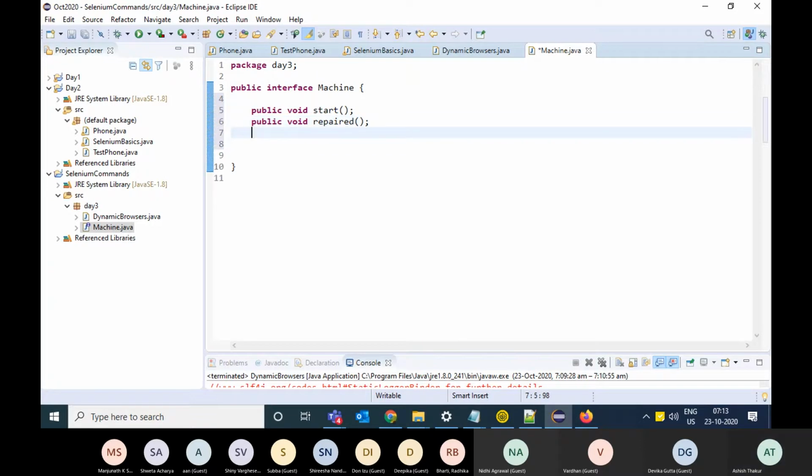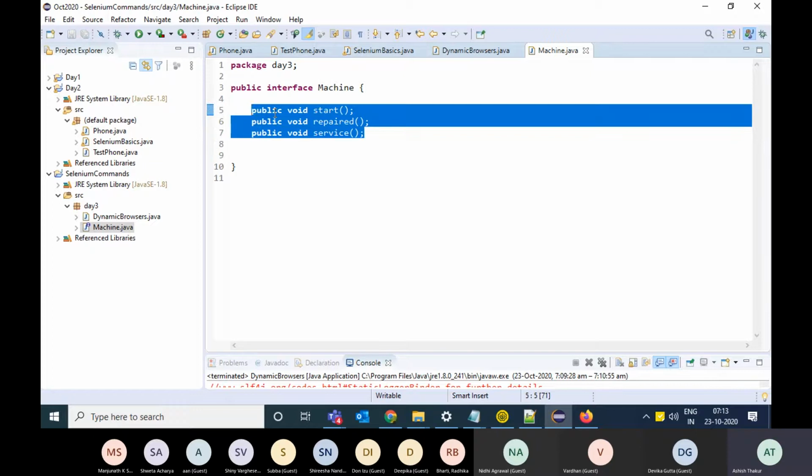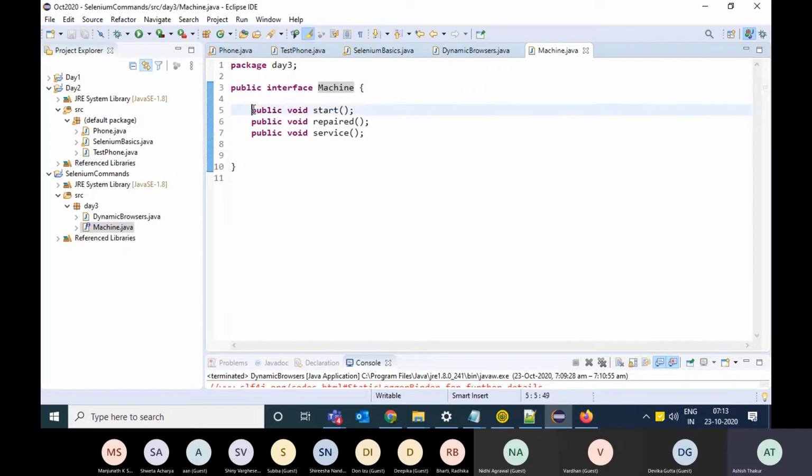Okay. Or it needs a service. So we just declare the functions over here. We don't define them. In an interface, we just write the functions which can be a part of the system.